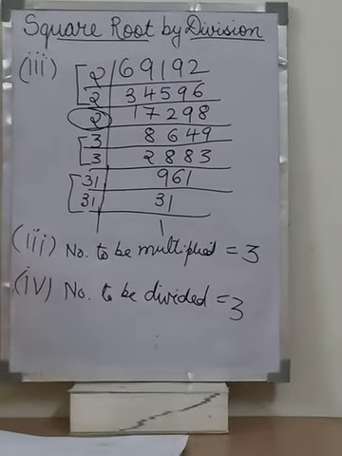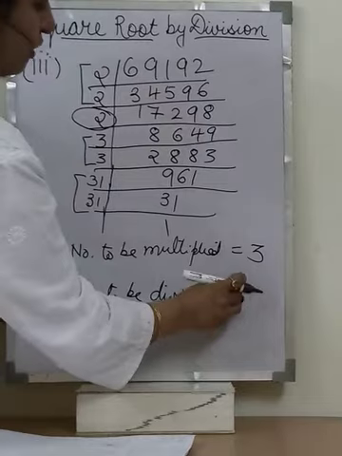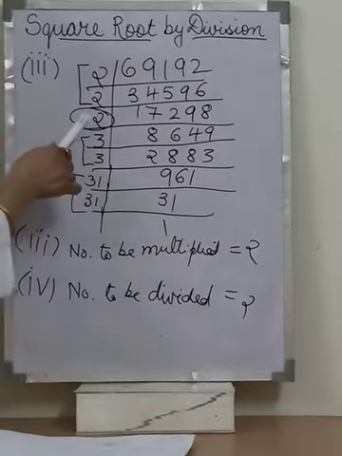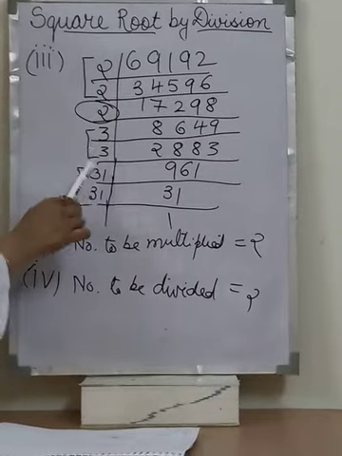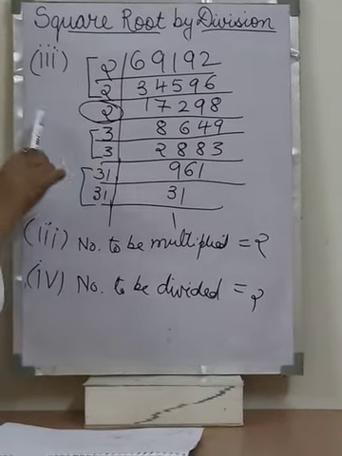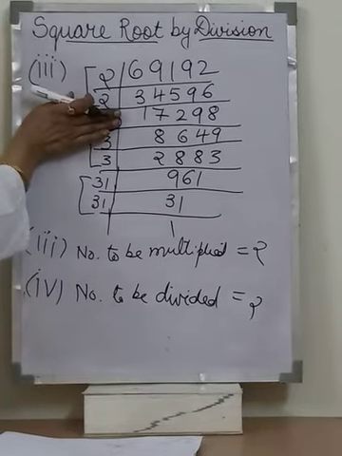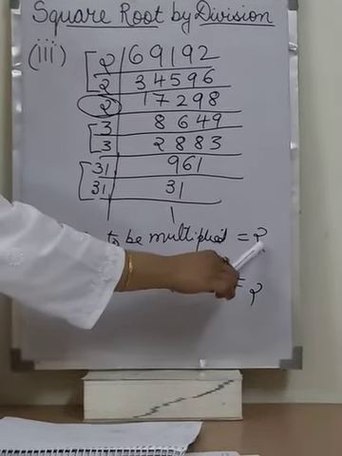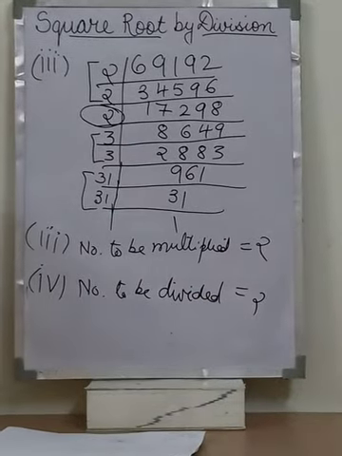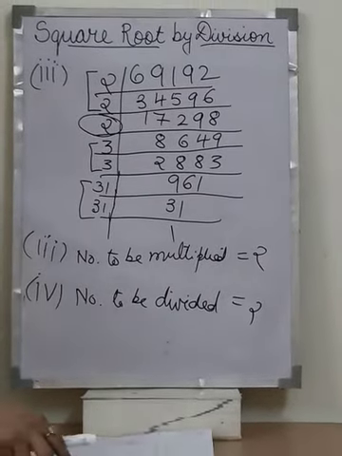Okay children, not 3, sorry children, it is 2. What is unpaired? It is 2, not 3. 2 is left unpaired. To make it a perfect square, if I am looking for multiplication, I will multiply it by 2. Or if they ask you to remove, I am going to remove 2. So the number to be multiplied is 2. The number to be divided is 2. Okay.